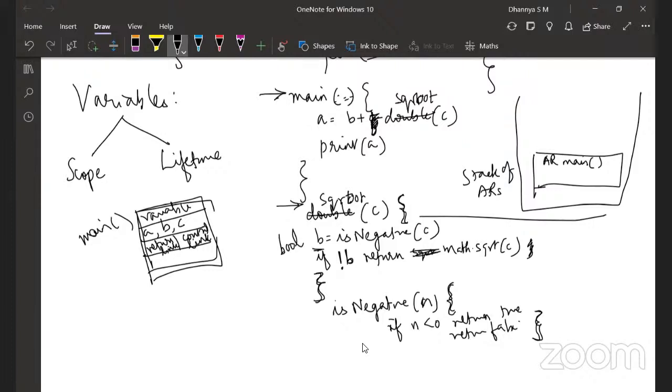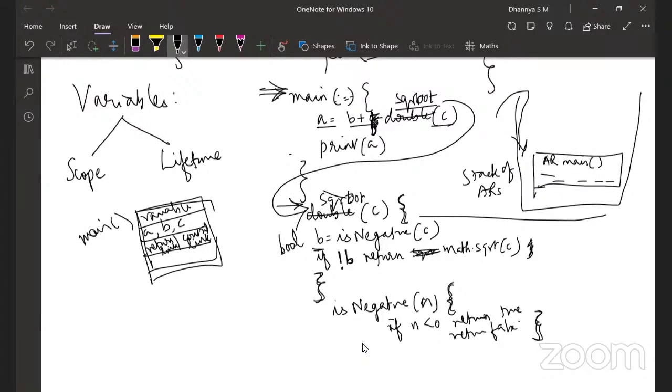When you are actually entering the main method, during execution, the main method is pushed into this stack. It has all these return links, control links, everything. Now it reaches this line and sees that there is a method being invoked. Before going to the print statement, the control gets transferred to this method.